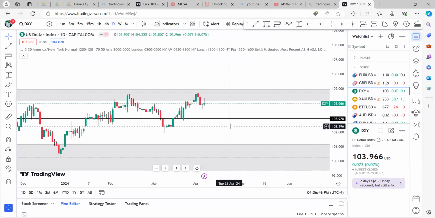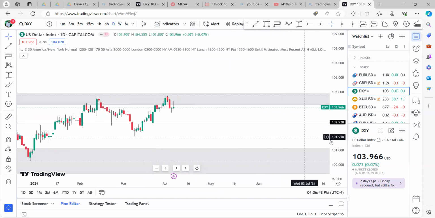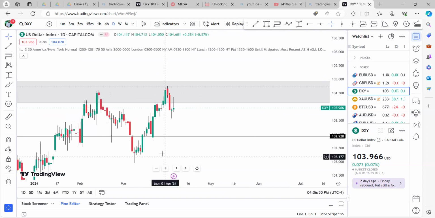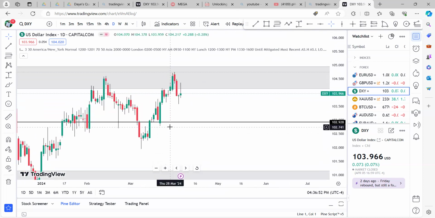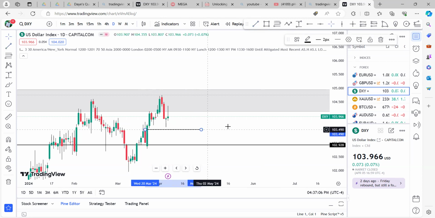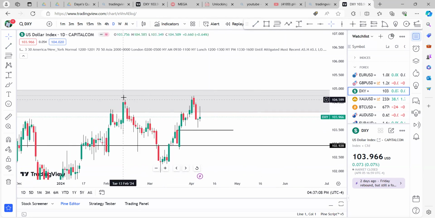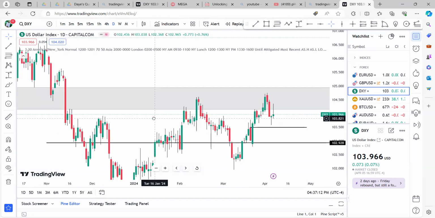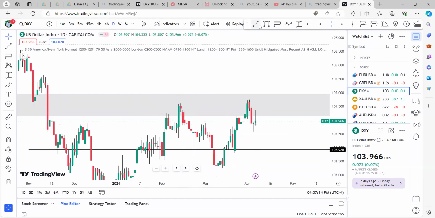Then if you come to the daily time frame, you could see that all these places are balanced. I don't expect to see price come all the way down to this place. But there's a possibility that price can come to this order block, this order block, this order block, and then pick out these relative equal highs over here.